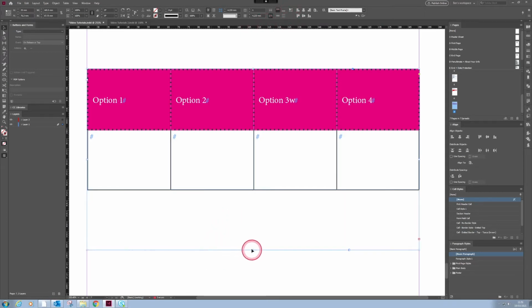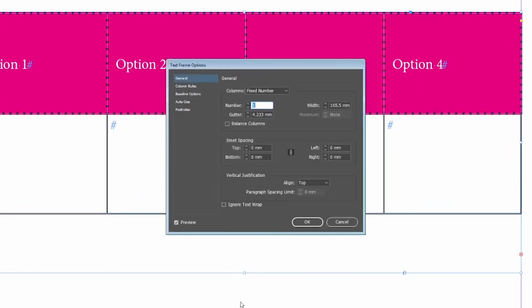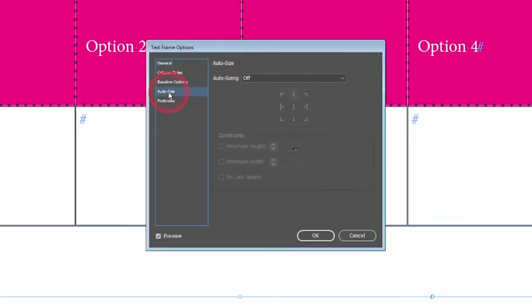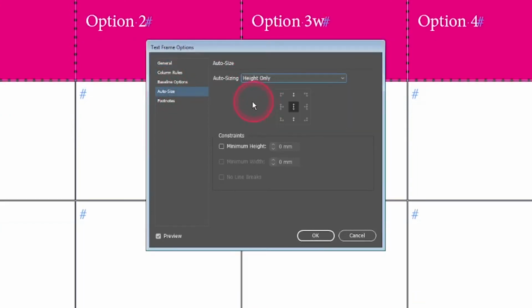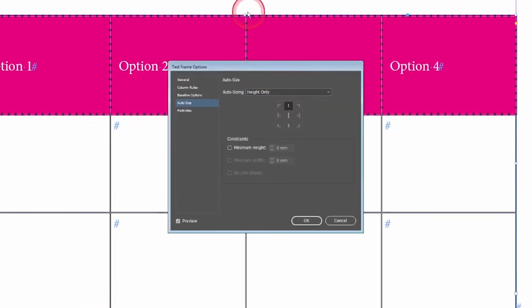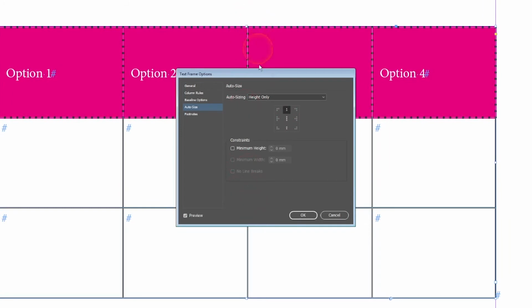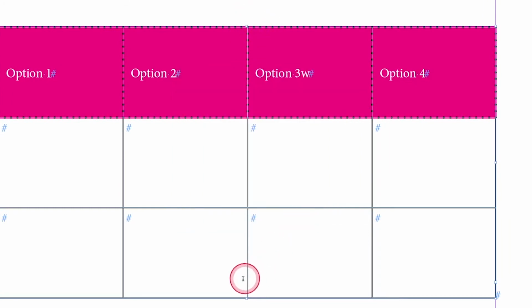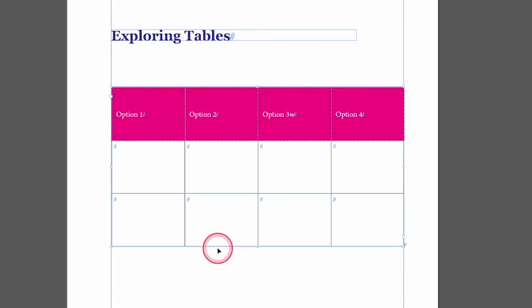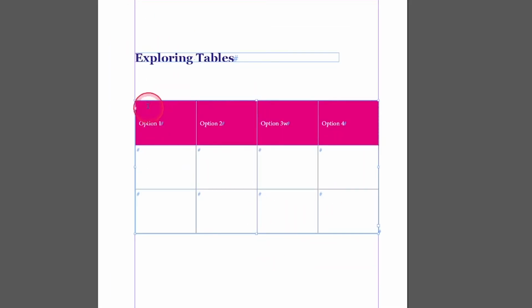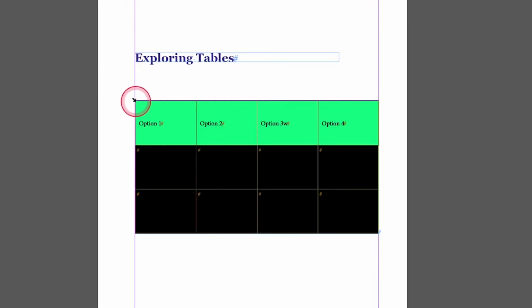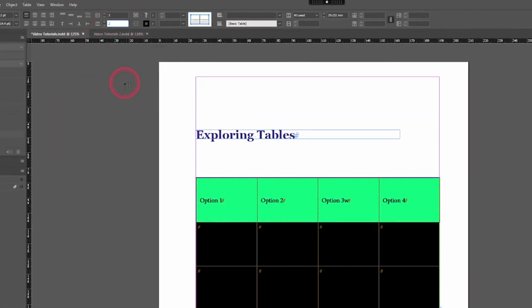Option 3, which is a dynamic way of working, is if you hit Control B on the keyboard and we go to auto size. With auto sizing, we fit to height, we change to height only, and then we choose the top point here as the anchor point, so everything is relative from this point. Now we don't have to worry about ever adjusting that bottom handle, and I'm just going to show you how dynamic this is. If I wanted just 2 rows instead of 3,